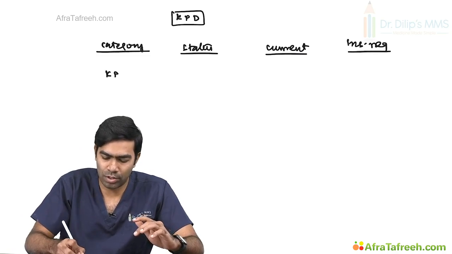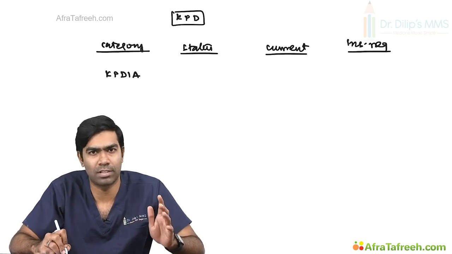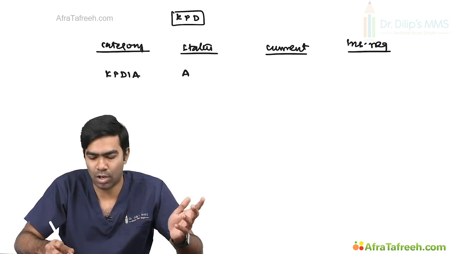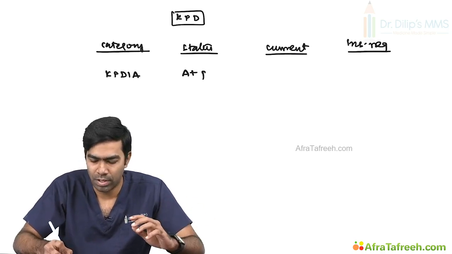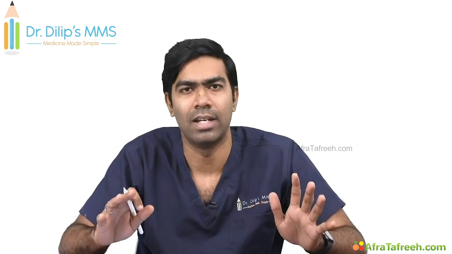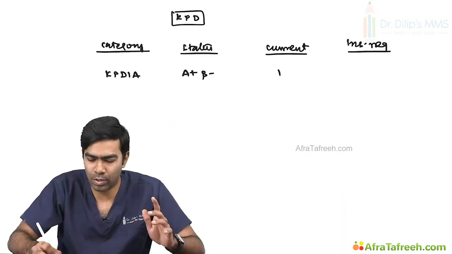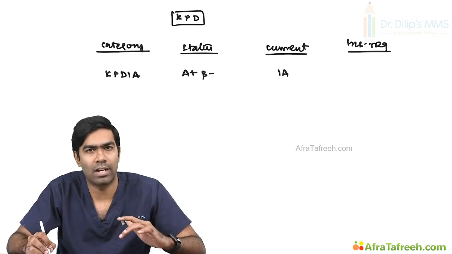So first category we are talking about is KPD 1A, that is ketosis prone diabetes type 1A, where the status will be autoimmunity positive, which means antibodies will be positive, and they will not be having any beta cell mass, which means the beta cell mass will be below a certain value, but they will not be able to produce any C-peptide at all in the first place. We are talking about the basics now. Later on, once we start discussing type 1A diabetes, we know that beta cell mass will be okay in the early stages, and later on it will be depleted dramatically, resulting in overt type 1 diabetes mellitus. So right now understand, type 1A is classically described as no beta cell mass at all. There are no beta cells. And the current nomenclature we are going to call it type 1A diabetes mellitus,